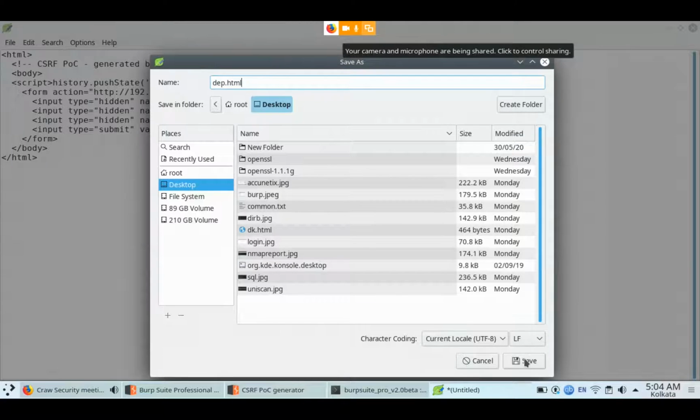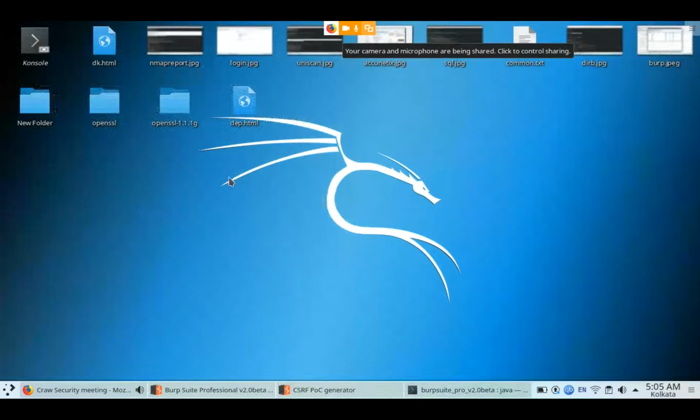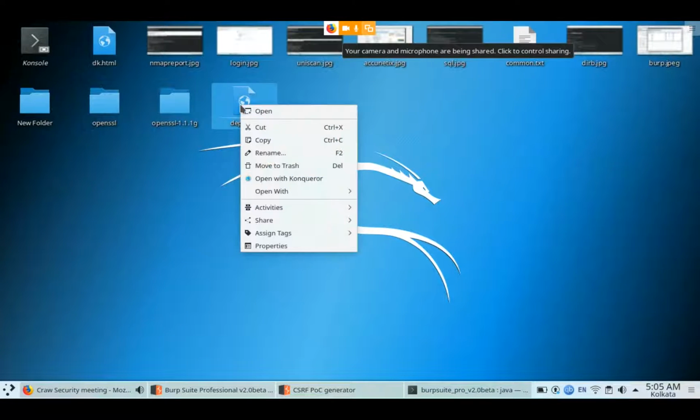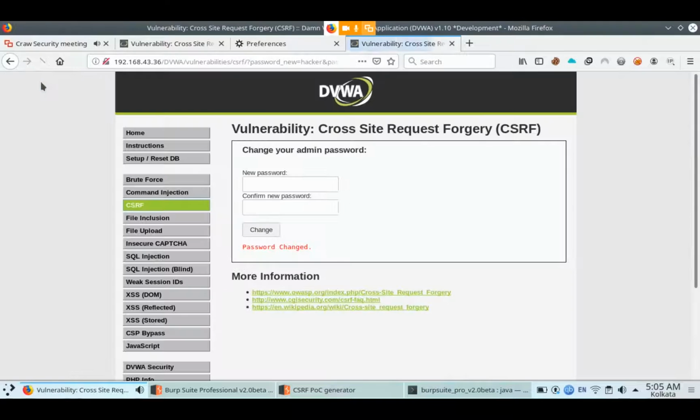When I send you this, then your password can also be changed. Click here and open with Firefox. After that, submit request. Your password is changed successfully.